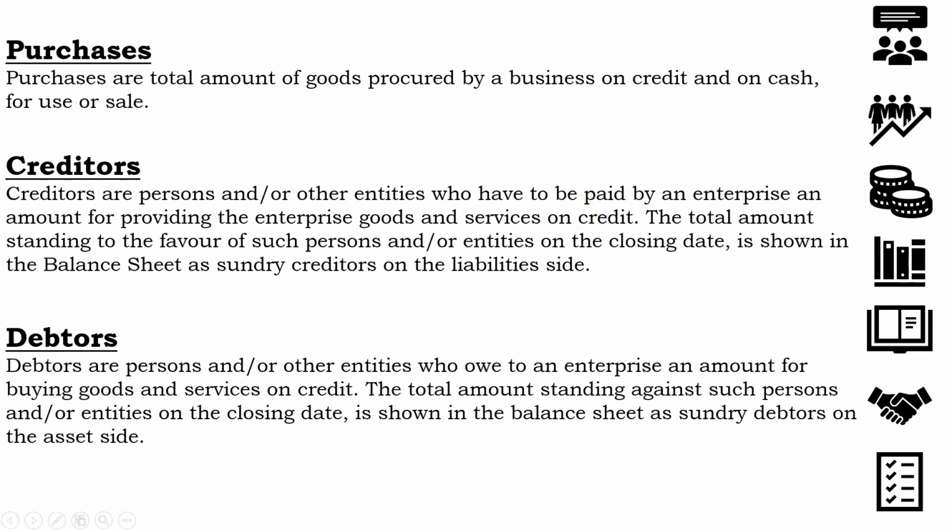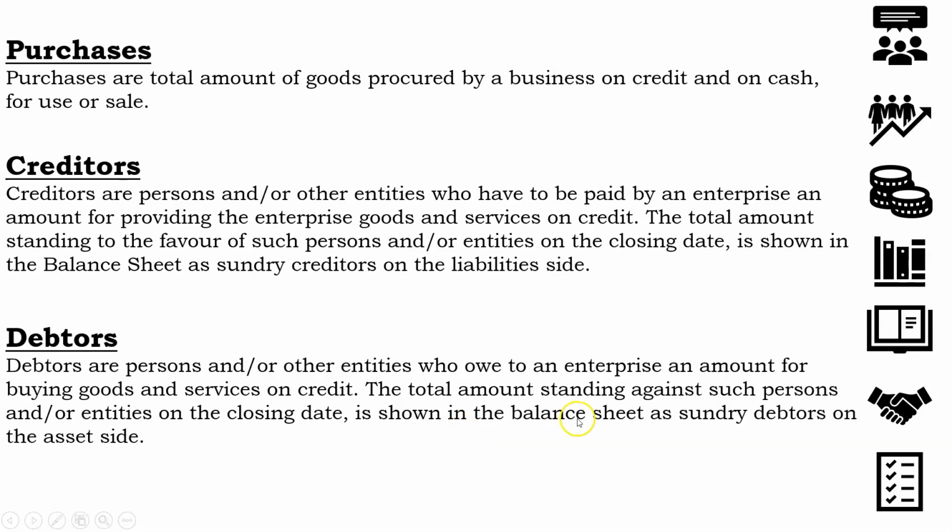Next, debtors. Debtors, on the other hand, if I have to recover some amount from my customer, say she was a fast friend and I gave her goods on credit. She took the suits away. She told me that I will show it to my husband first and then I will tell you what the status is, if I'm buying them or not. So she paid me after 5 days of taking the suits away. So that is, she is my debtor.